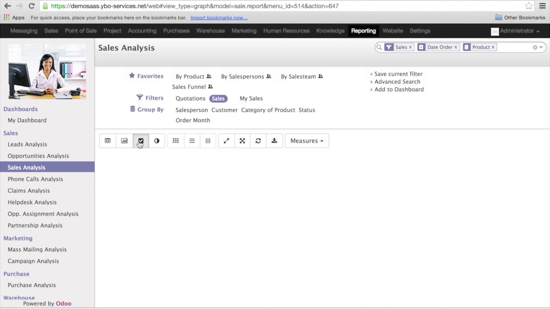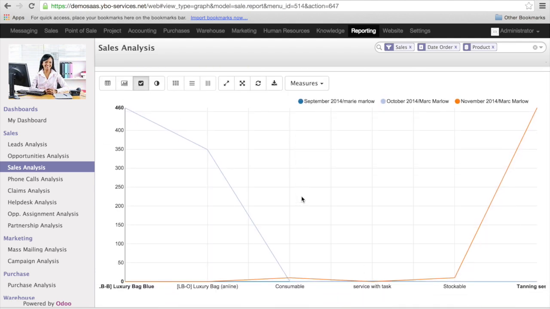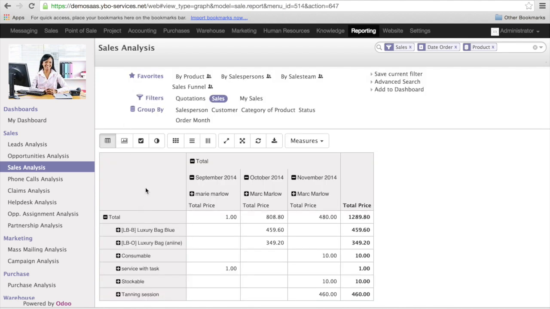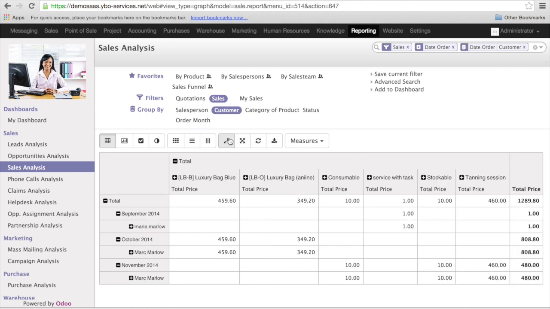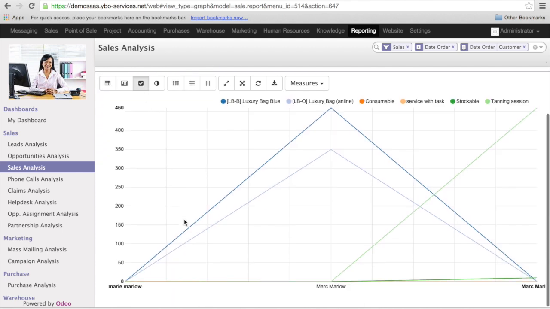You can continue, and now that you have done all the selection, you can see how it looks like in terms of the line chart. In this case, the line chart for this direction is not really useful. You don't really understand how it looks like. We are more used to line charts that are based on the time. So I'm going to swap the axis now, and then I go back to the line chart. And now I have something that is a little bit easier to read, but still